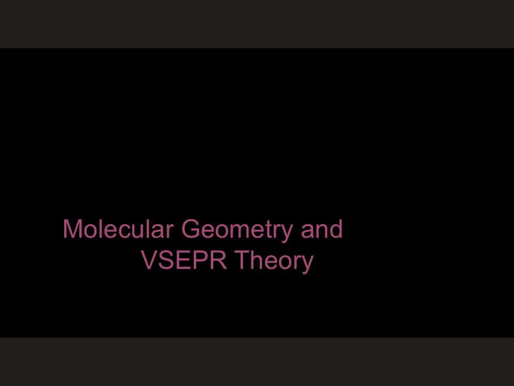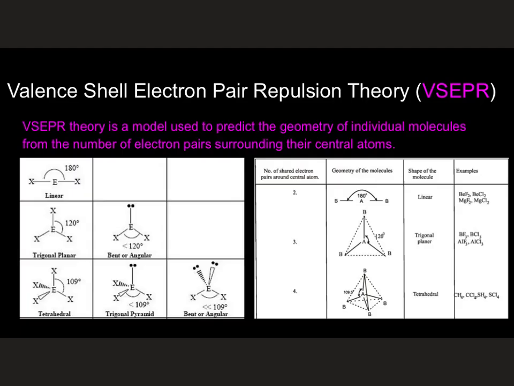So the last thing we're going to look at here is the molecular geometry, basically the shapes of these different molecules. You might have noticed a second ago that we had this acronym, VSEPR. Well, that stands for Valence Shell Electron Pair Repulsion Theory. Isn't that a mouthful? That's why they abbreviate it, and I don't think the abbreviation is too much better, but